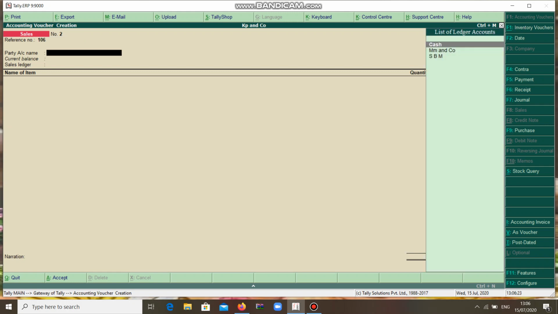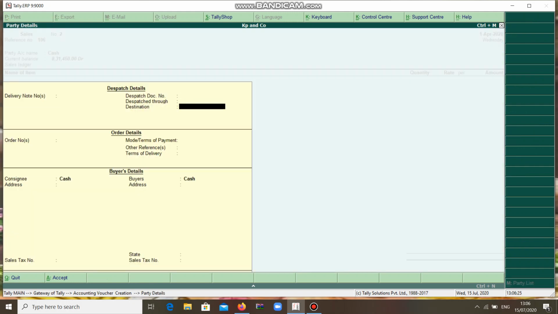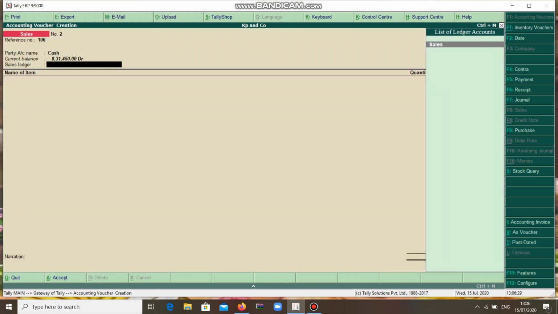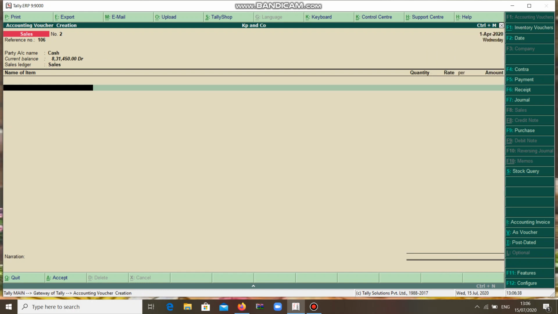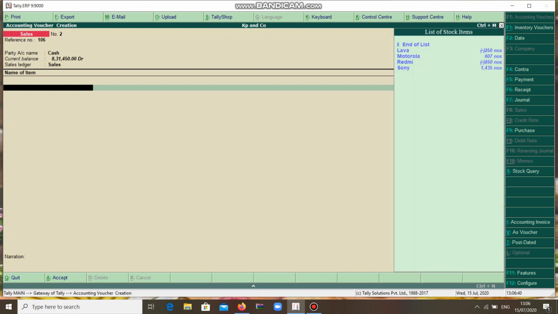Now I'm giving the invoice number through the cash. Cash will come automatically. Now sales ledger is already there. If it is not there, you can create it with the shortcut key Alt C, sales under sales account. Now here some items are already created. For example, you can take Lava,